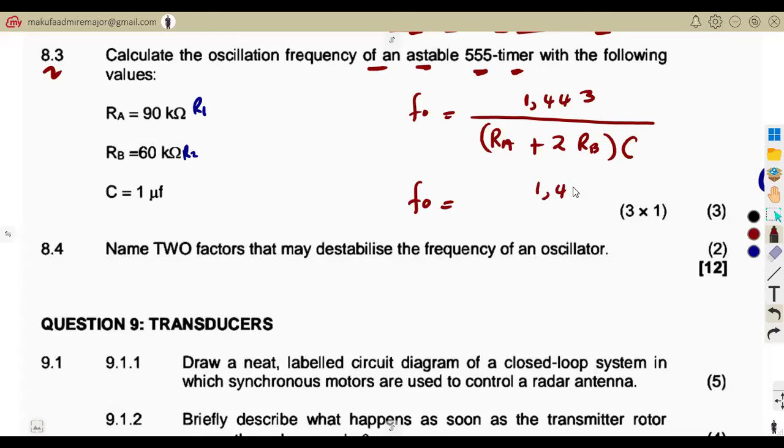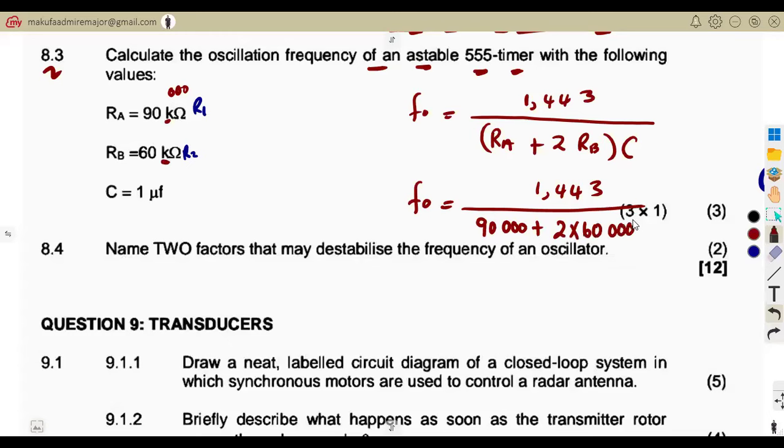So that's 1.443 everything over what? Our Ra is given as 90 kilo ohm. This is just 1,000 there, so it's just like 90,000. You can even write 90 times 10 to the exponent of 3. You can just write 90,000 plus 2 times Rb, that's 60,000